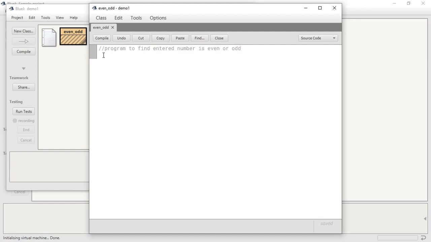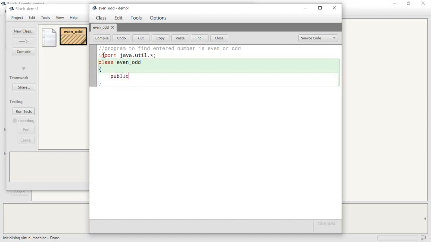Okay, now start. Import java.util.*. Next, class EvenOdd.